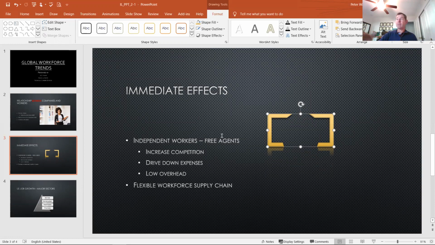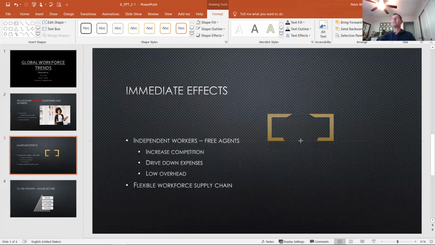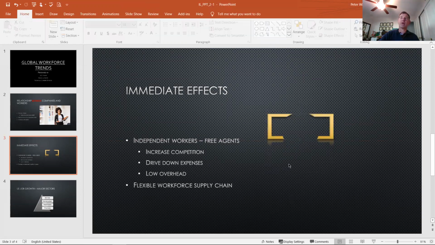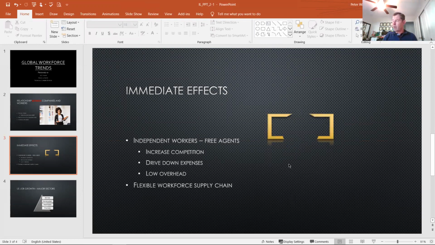And so now I have the shape that I want, although I think my shape differs a little bit from the one in the book. I think it's not as high, so I'm going to resize that a little bit. I think it's more like that. There we go. Okay, so